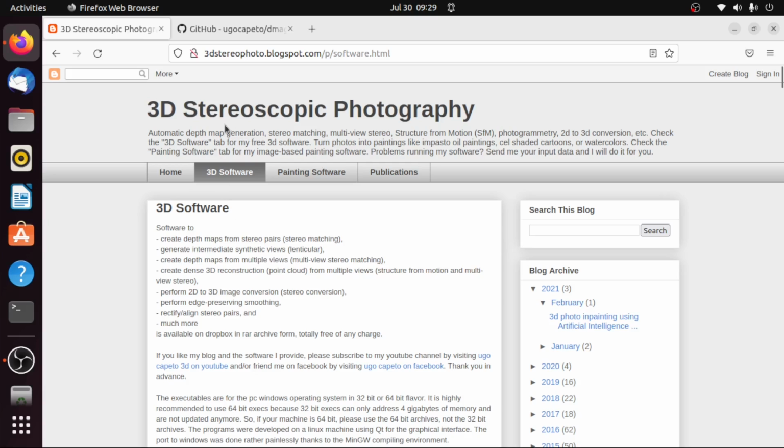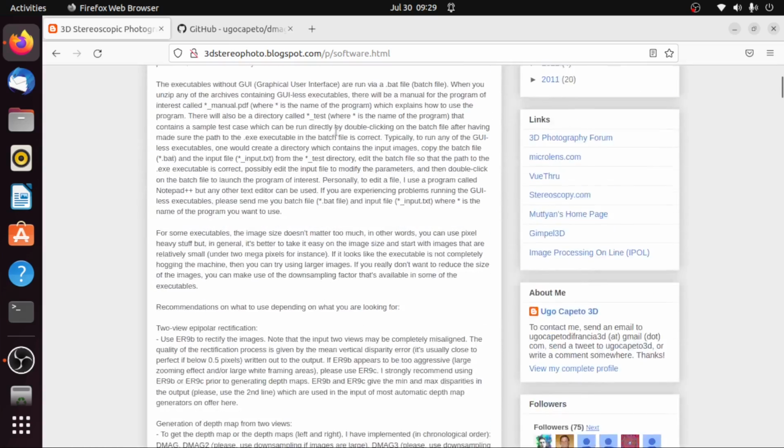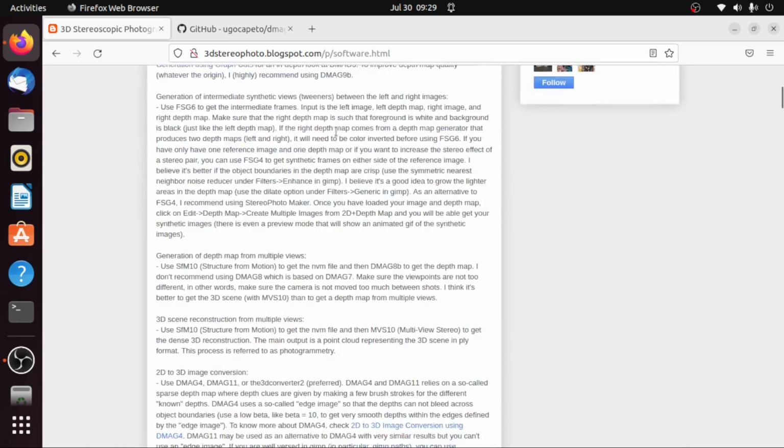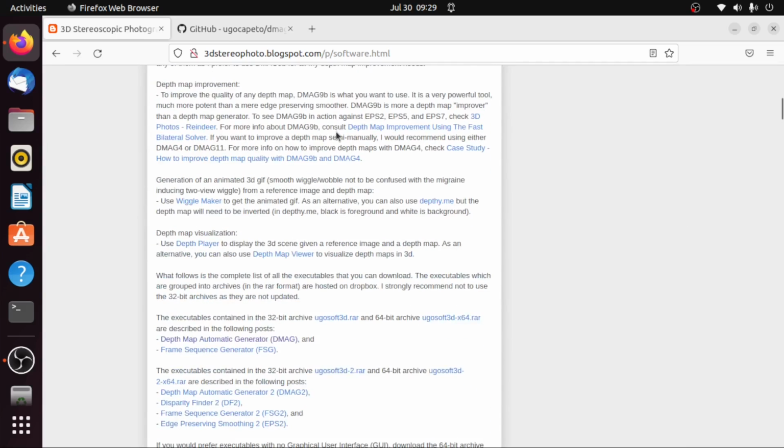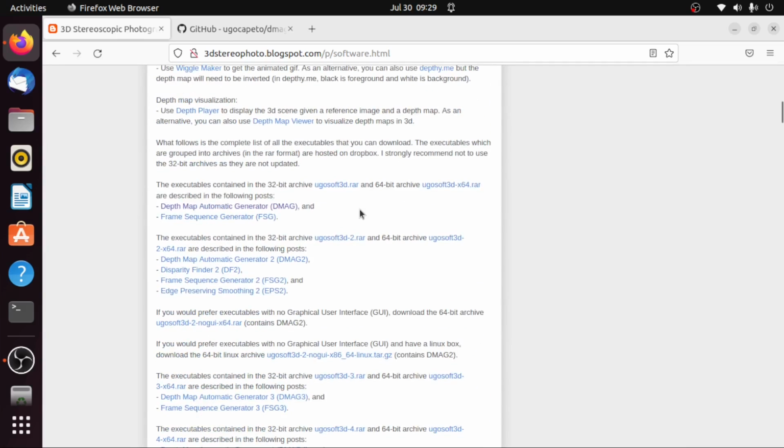So if you go on my website, 3dstereophoto.blogspot.com, go to the software tab and you go down. Okay, so that's the first one I did, this one. It's called DMAG, so Depth Map Automatic Generator. Just DMAG with no number. So if you click on that,